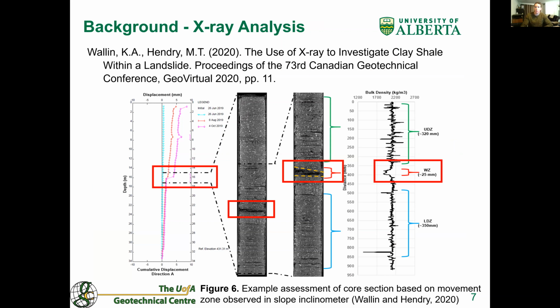The main conclusions that were found were: X-ray CT is an underutilized technique for characterization of core samples for slope instability projects. The increasing availability and affordability of X-ray CT devices enhances the ability of geotechnical engineers to characterize and understand dynamic processes in soil and rock. X-ray CT is a valuable tool to observe and analyze density variations in soil deposits. It is a relatively cost-effective and expedient way of visualizing macro features in core samples. It is particularly well suited to soft sediment structures or clay shales, which can experience rapid degradation in sample quality